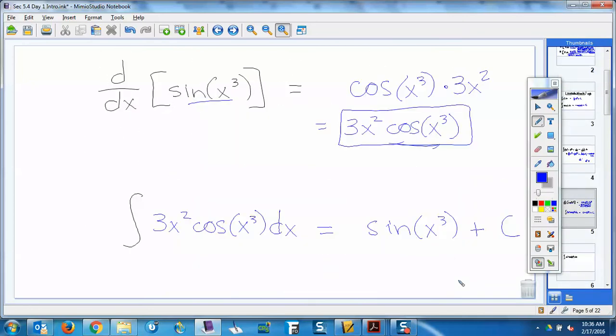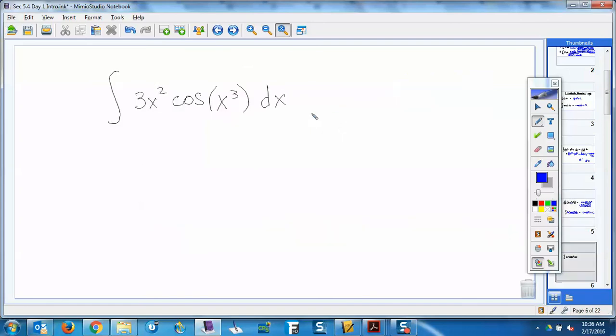So now, we just saw that the antiderivative of that is that because of the work we did up here. But now, this leads into this idea of u substitution. I showed you one like this earlier, but let's do this one. So now let's pretend we were doing this from scratch. So we were faced with this problem right here, right? And we're like, oh my God, what's the antiderivative of that? Doesn't look anything like page 333. So we've got this thing called u substitution. So what we do with u substitution,